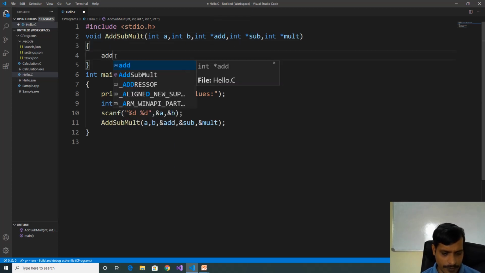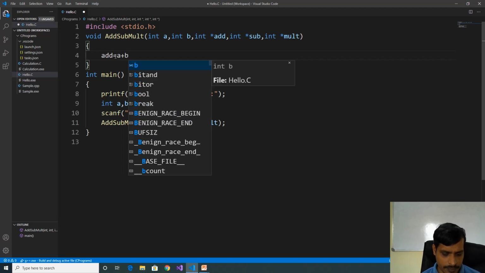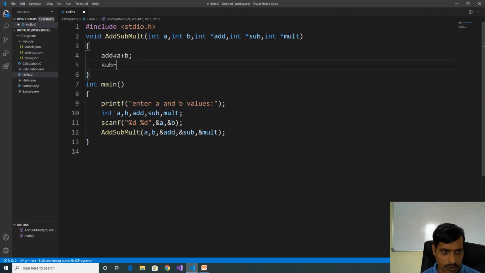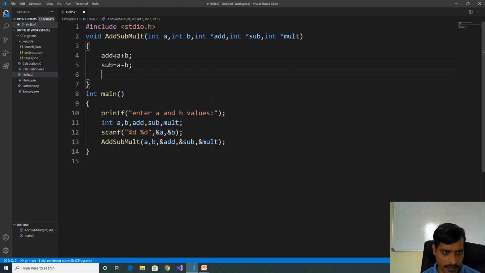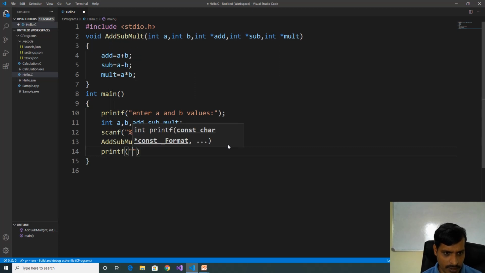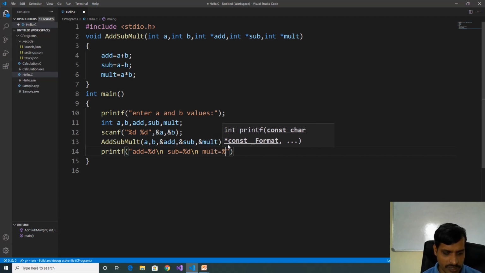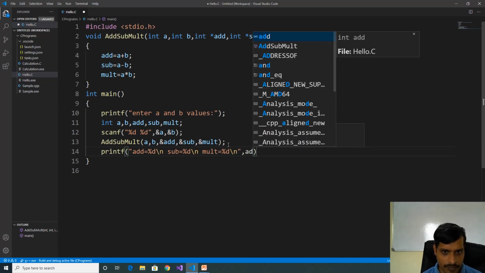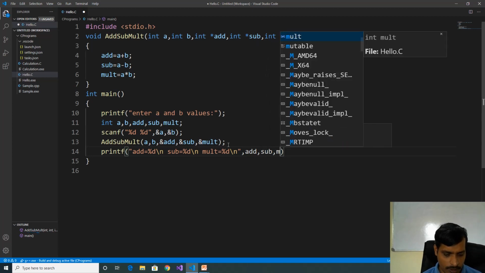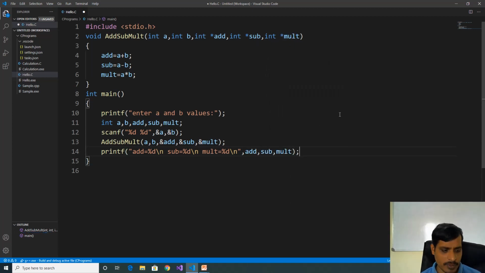Here add equal to A plus B, sub equal to A minus B, multiplication equal to A into B. Here we need to print the output: printf add equal to %d \n sub equal to %d \n multiplication equal to %d \n, add, sub, mult. Execute this program, Control F5.